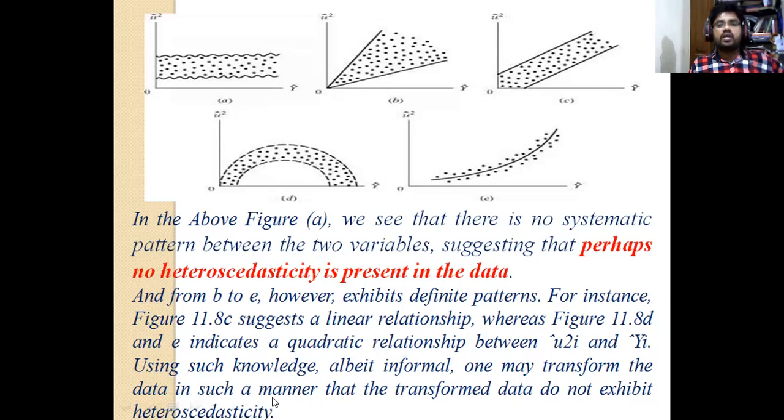As I told you, the consequences of heteroscedasticity, and also at the same time the causes of heteroscedasticity. As I told you, there should be a transformation of the data. Each and every variable we should transform into a different form, whether log form or natural logarithm form. In order to maintain uniformity among the variables, we should convert or transform the data into a different form, whether log form, natural logarithm form, or any other form, or the cost difference method.